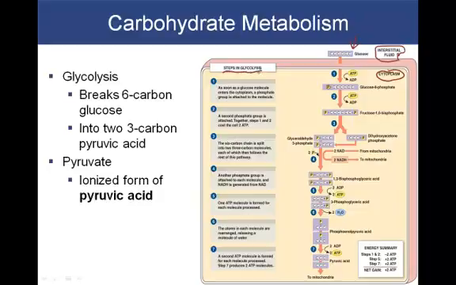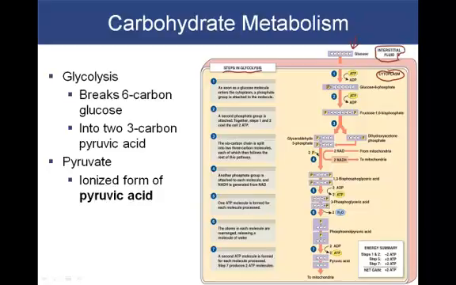Now, there is a tremendous amount of detail, and if this were a biochemistry course, I would expect you to know all of the details. But what I'm really interested in is that you know what we start with, what we end up with, and maybe a few specifics in between. So we start off with a glucose molecule, which is a 6-carbon molecule. And what we see is that that glucose molecule is being altered as we move down through the steps of glycolysis. And at every step, we have an enzyme that is promoting this alteration.